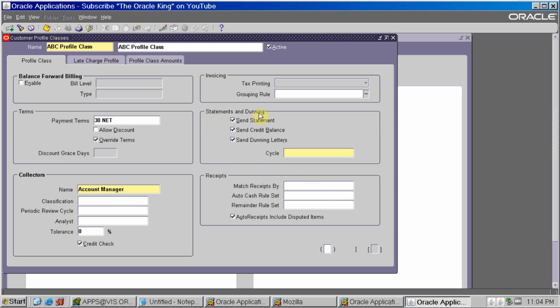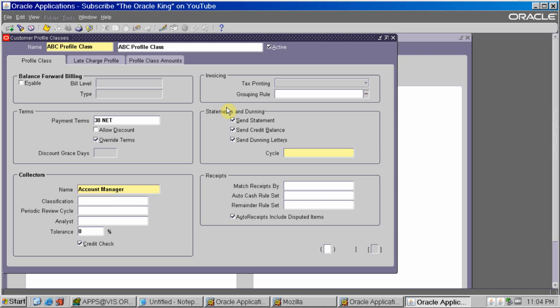This is the statement and dunning section. Normally in our organization, we send statements and dunning letters to the customer. Statements are like customer statements, which have the details of your AR invoices.